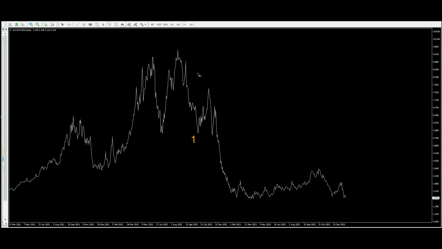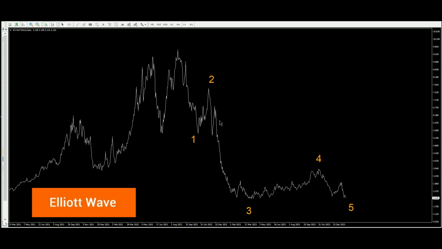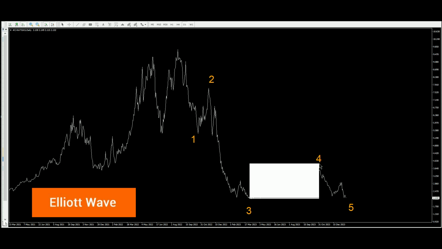This is daily chart, and this is our Elliott wave. Look at this textbook 5 wave here, and we can also subdivide 1, 2, 3, 4, 5. This is our wave, and now it's clear we are in wave 5,